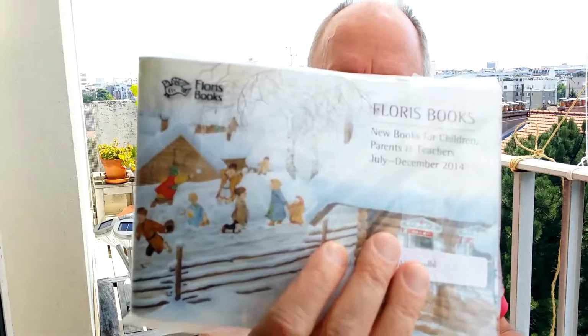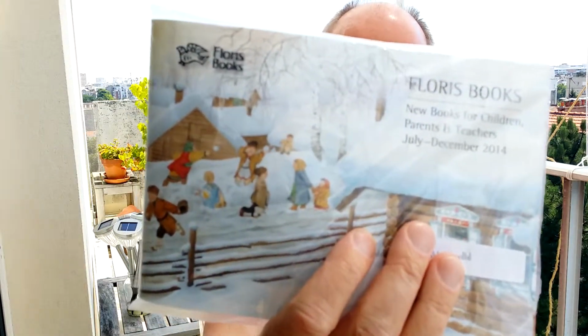We have a lovely day here in Paris today, but that's of course not what I wanted to talk to you about. I wanted to talk to you about something I received in the post the other day. I received a book catalogue from a UK publisher called Floris Books. They're specialized in children's books. If you look at the cover, it is a children's book cover, but when I opened the envelope,